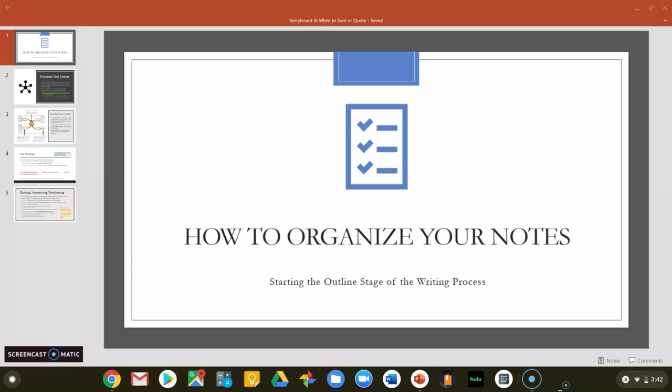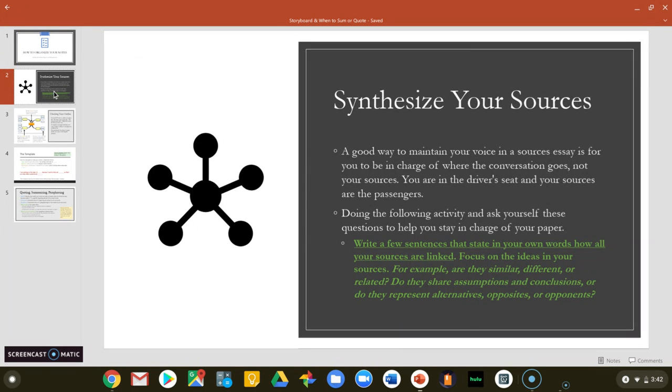So the first thing to keep in mind is that you are the conductor of your paper. You are driving it, not your sources. Just like a conductor will say, all right, more violins here, less percussion here, you're orchestrating your paper in the same way. So one thing that is helpful to do after you've done all your research and right when